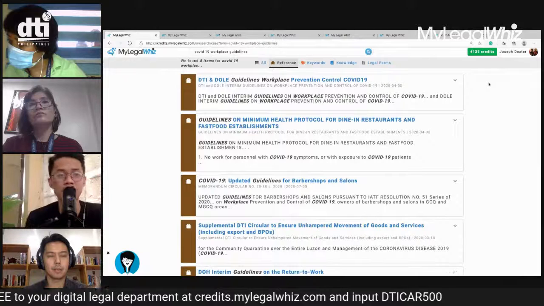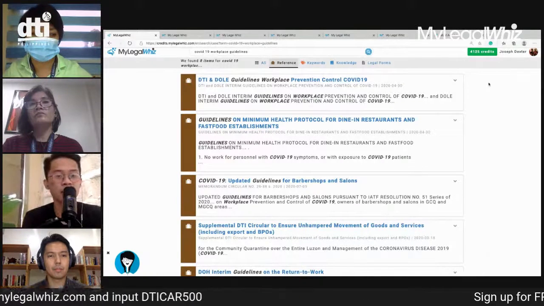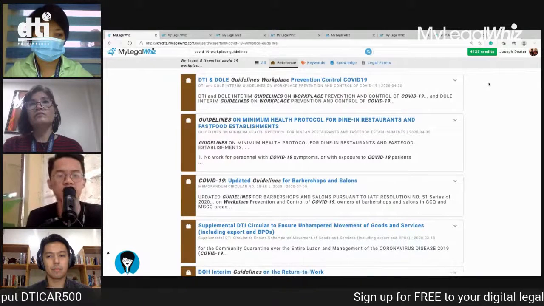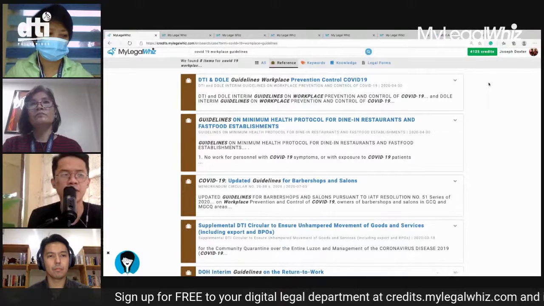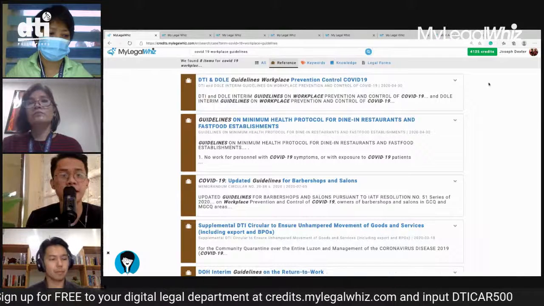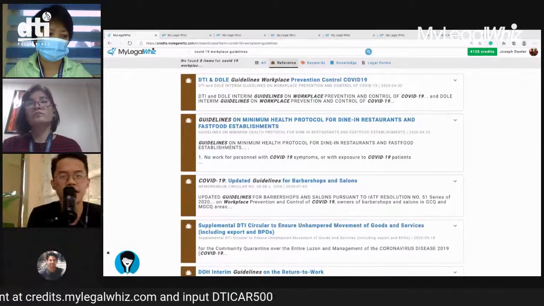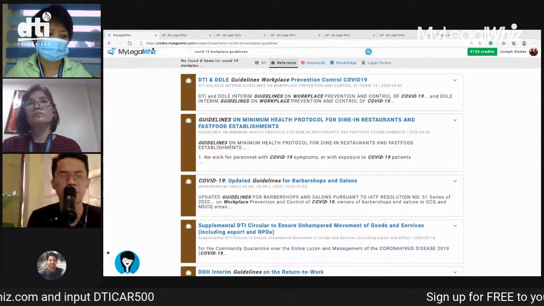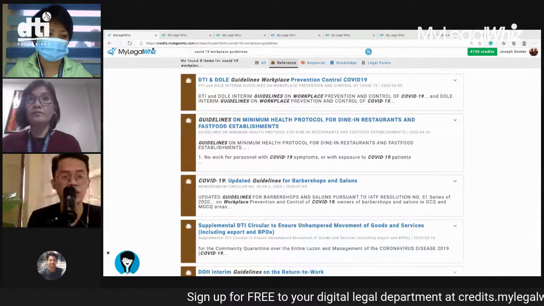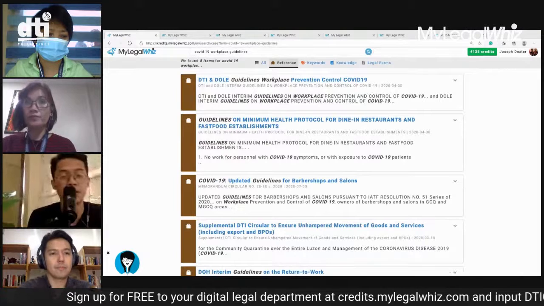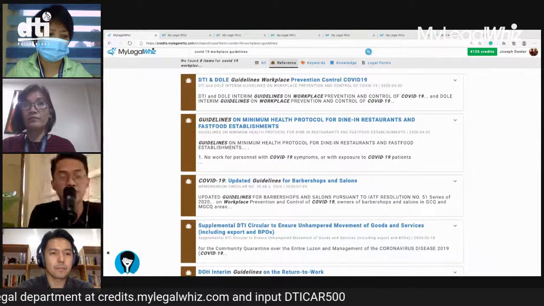So I mean, of course, this is not applicable for everyone. I mean, there will be some businesses that are in farther areas that you cannot really rely on digitization as a whole. Pero it can help if we find ways to augment. I mean, imagine what it would be like. Simple lang. A good simple example for a sari store in a village. What you can do is just create a chat group on Messenger. You don't really need a Facebook page for that. Just create a chat group where you can